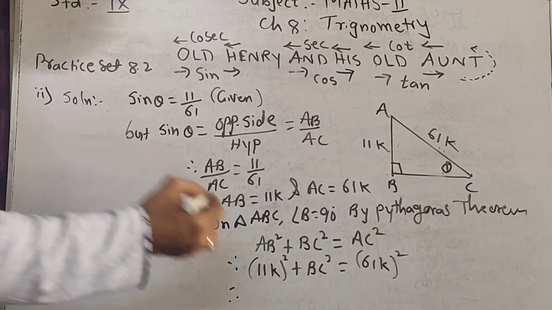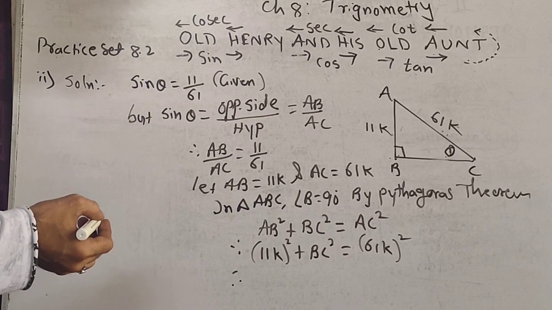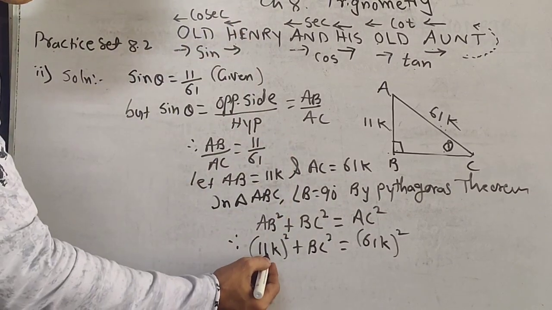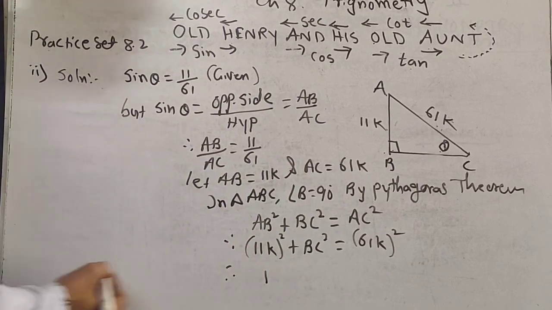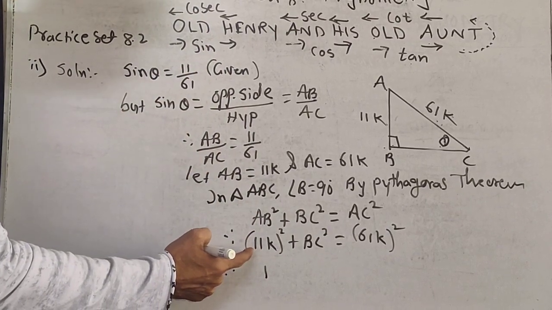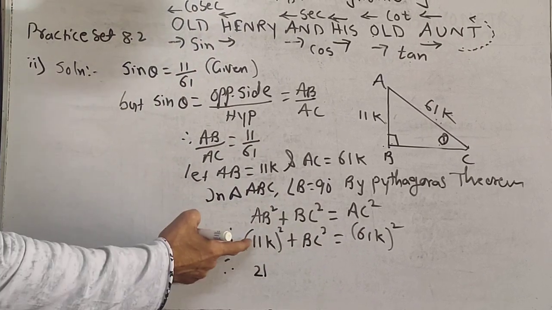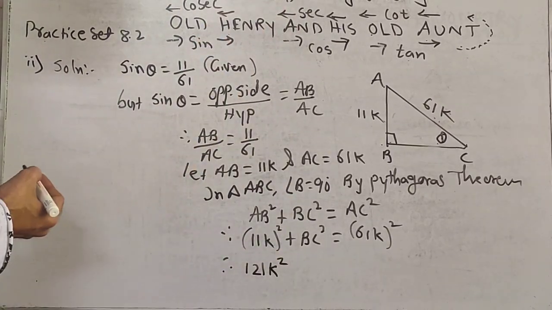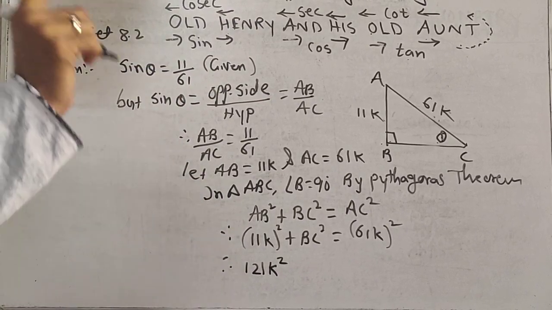Now 11 square is 121. All of you know very well. Okay, if you don't know, there is one trick. If unit place number is 1, then only you can use this trick. 1's last unit place same. This 1, double it: double of 1 is 2, and square of 1 is 1. So 121 k square. Only and only you can use this trick when unit place is 1.